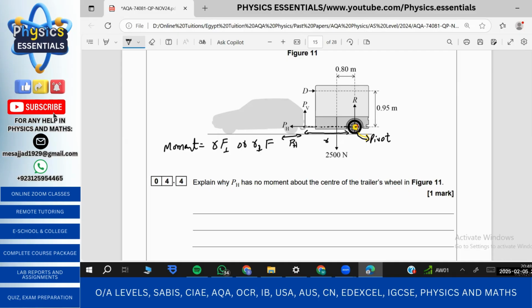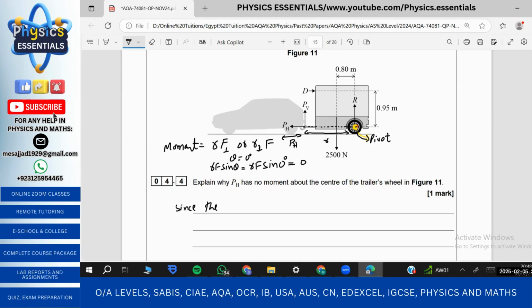And you can see that both are parallel to each other. So the angle between them is theta. So the moment is RF sine theta, which is RF sine 0 because they're parallel. So the moment will become 0. But in the mark scheme, it is mentioned that you should not write "parallel" and this will remain insufficient. So you must write this answer that I'm going to write now, that